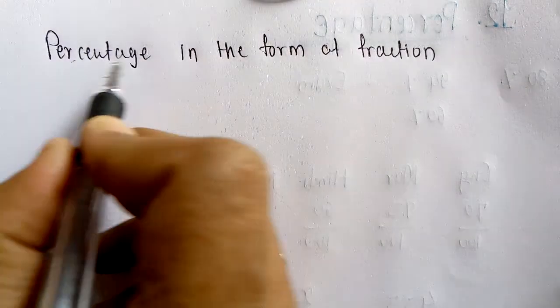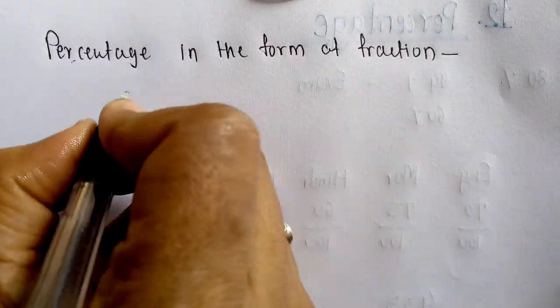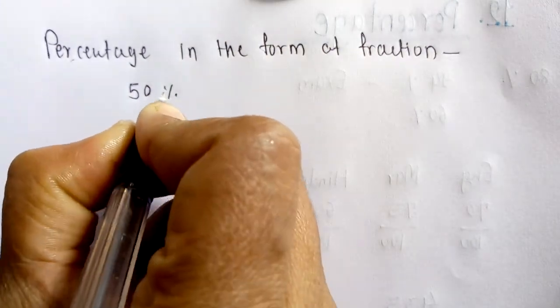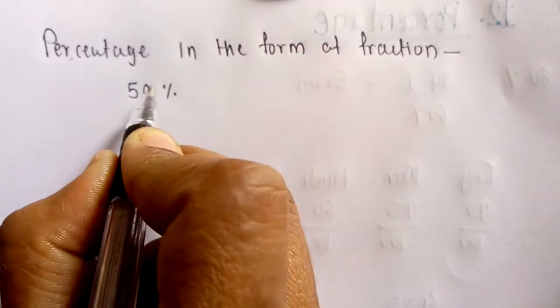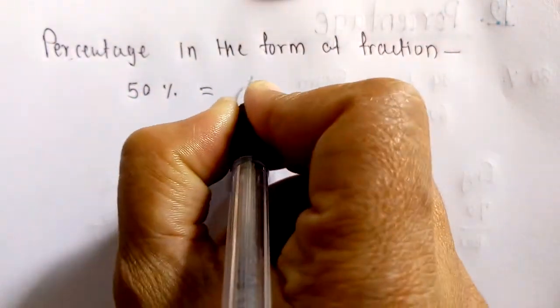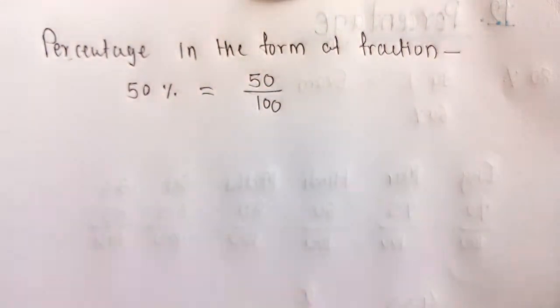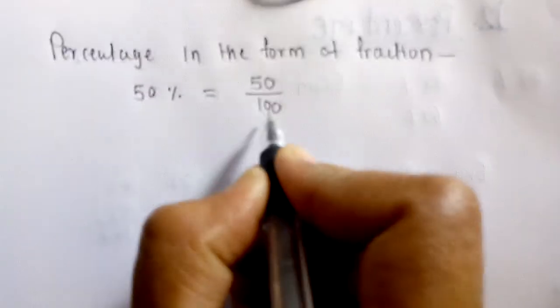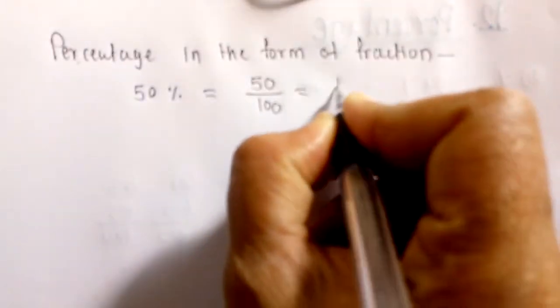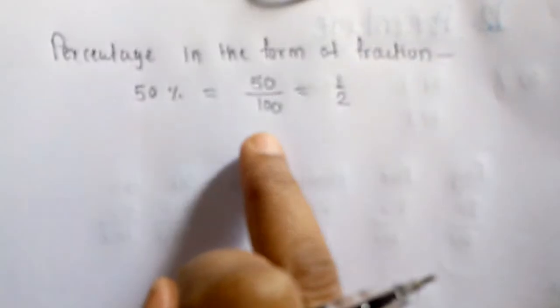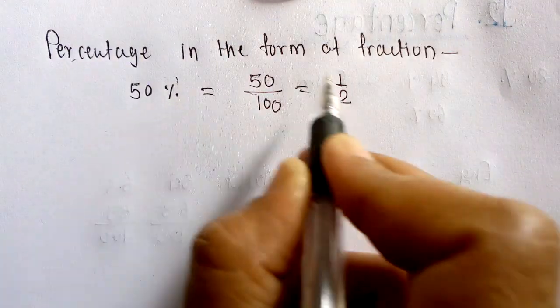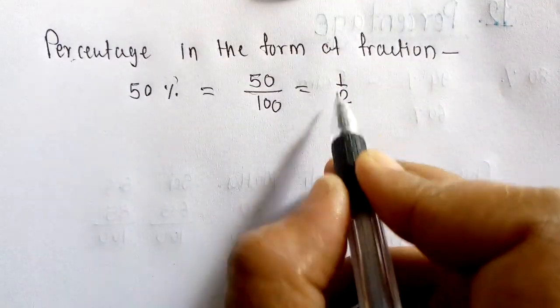Now we will see percentage in the form of fractions. Now you know percentage. Suppose 50%. How to write 50? But this is the sign of percentage. 50% means 50 marks out of 100. So how can we write 50 marks out of 100? Okay. And if we convert this 50 out of 100 into reduced form, it will be 1 upon 2. So 50%, you can say 50 upon 100, otherwise 1 upon 2. So this 50% in the form of a fraction, how will we write? 50 upon 100 or 1 upon 2.